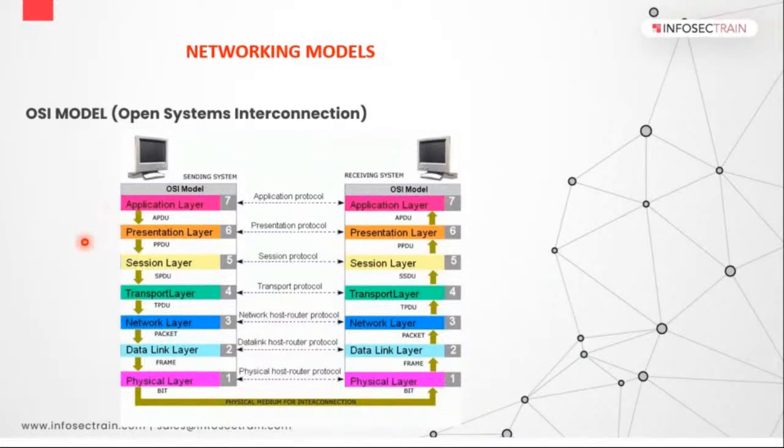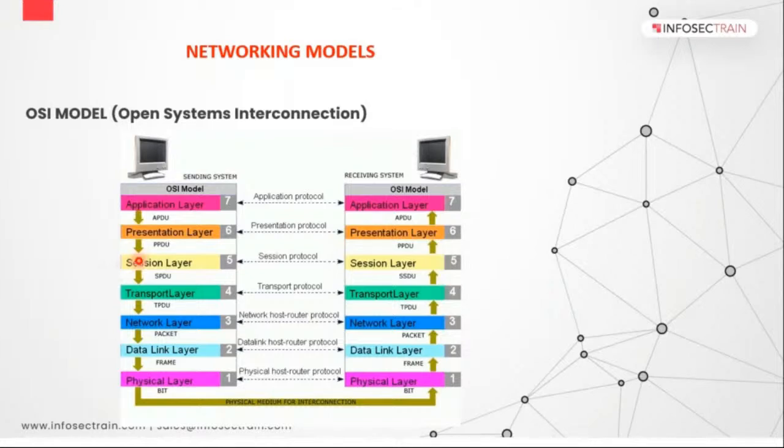Now, next thing that we have is the presentation layer. The presentation layer converts the data into a form that other layers can understand. Also, it encrypts the data so that no unauthorized access on the data can happen. Right? Now, next thing that we have is the session layer.